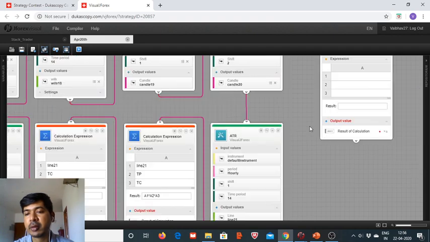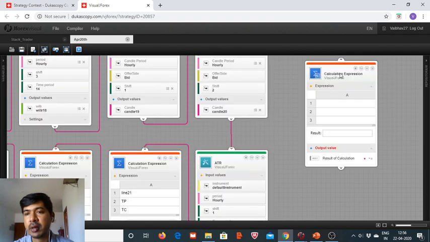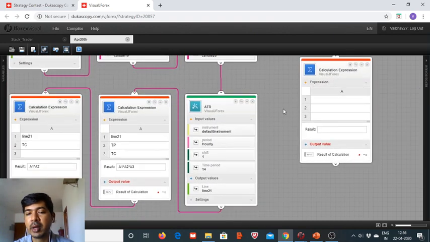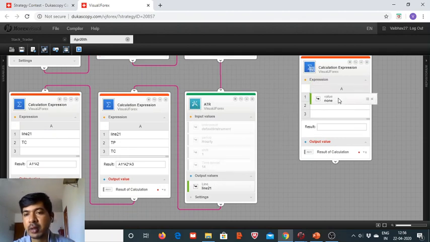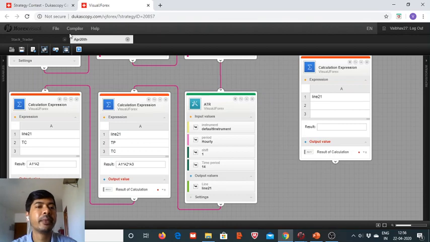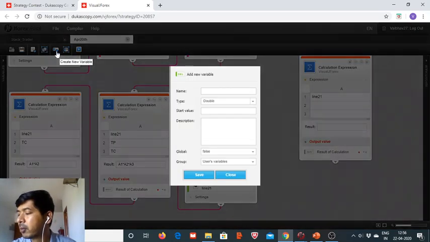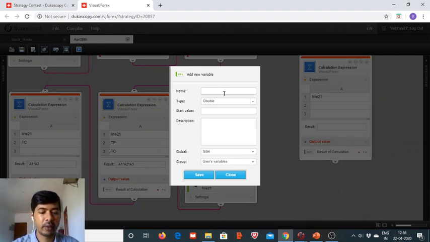And here is the hourly ATR value, line 21. We create a new variable, and for that create a new variable. Okay, we got it, and it is